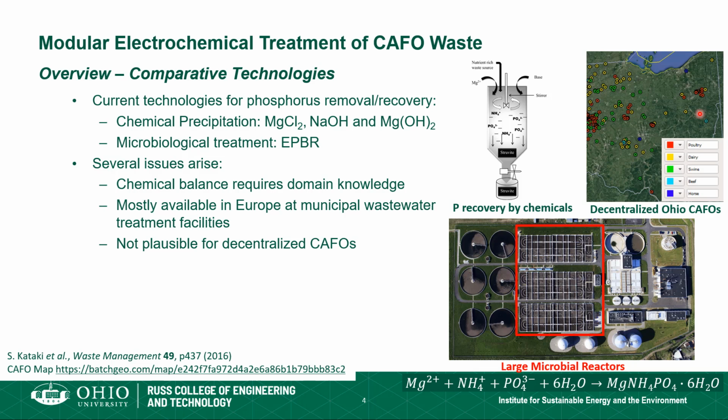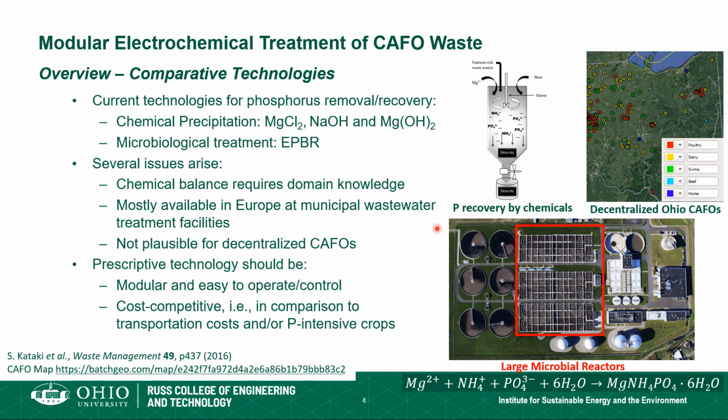But as you go further east, the farms become more decentralized. And so whatever technology we're going to deploy here to handle this waste would need to be something that would be able to negate these issues with the state of the art. So the technology would need to be modular, something that's easy to operate by a switch, and also it has